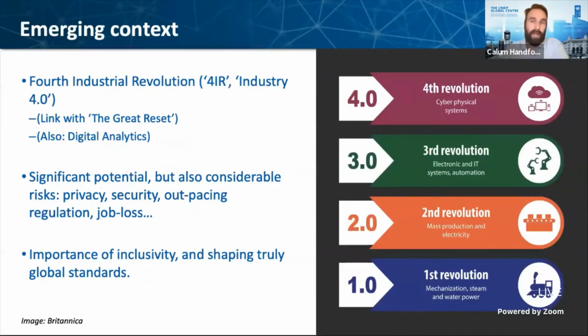So even before COVID-19, digital and broader transformation was happening in the context of initiatives like the Fourth Industrial Revolution. This describes a blurring of boundaries between the physical, the digital, and the biological worlds, including things like cyber-physical systems. So for example, how can we transform the physical environment through things like smart grids, autonomous vehicles, and similar. What we've also seen is that things like the Fourth Industrial Revolution have also had significant alignment with COVID-19, particularly in the context of this concept called the Great Reset. But it's also much broader.